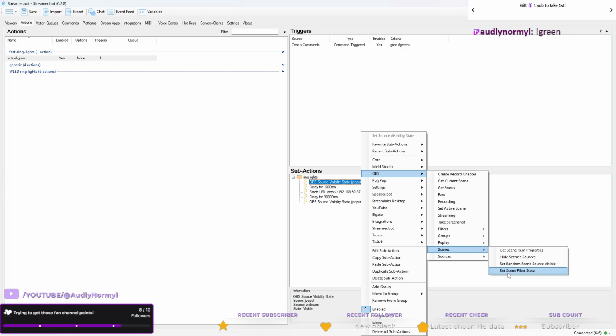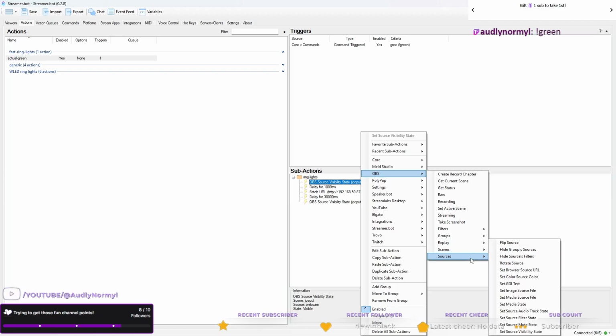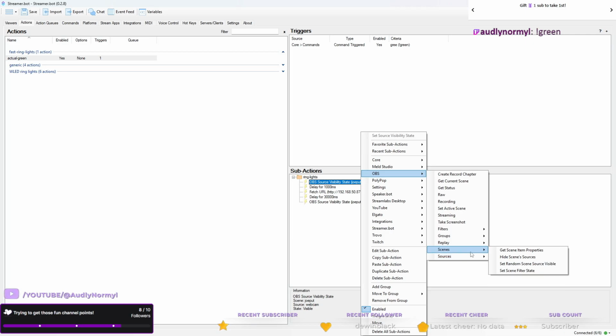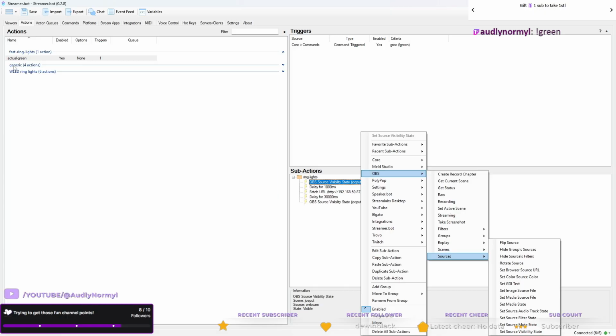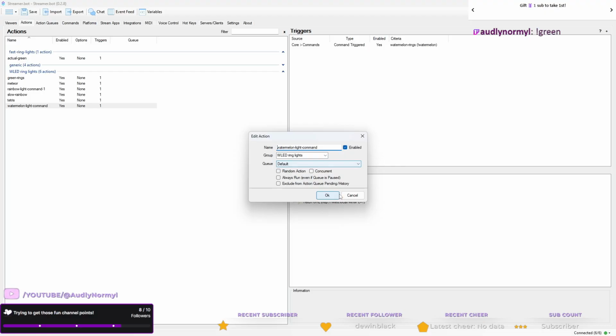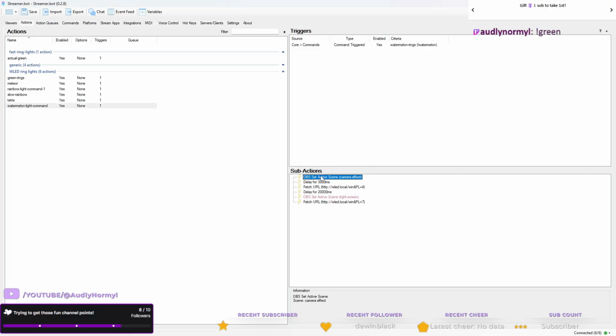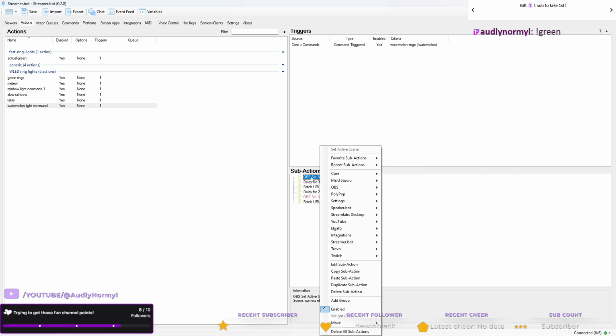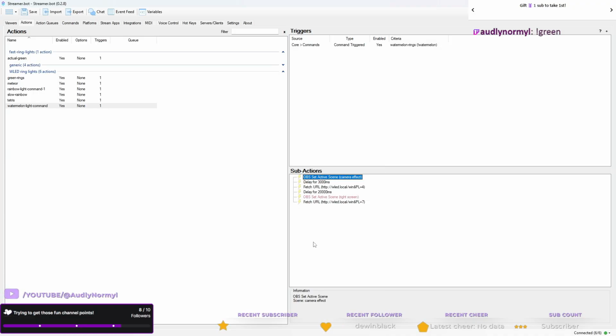OBS. What if there's like a plugin or something that you have to install? Let's see. Last time we did it was set active scene.